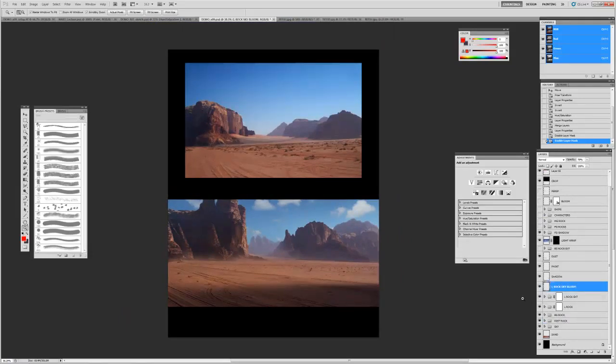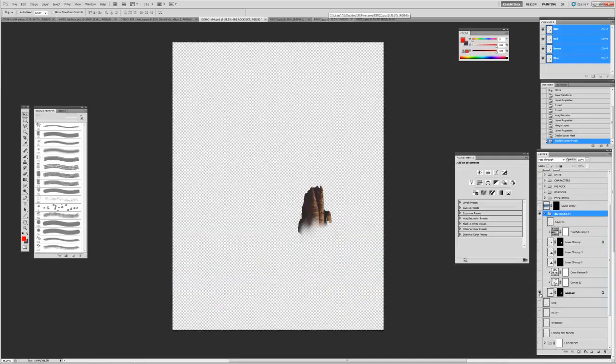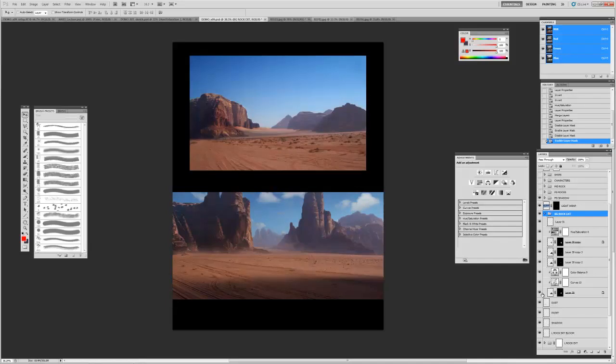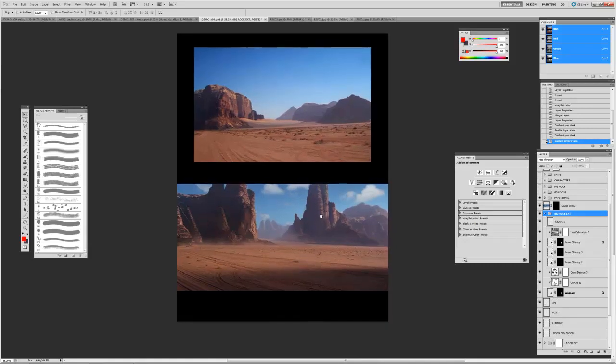So now let's go and look at the extension. So this is the extension. I wanted a little bit more of an otherworldly feel. The same thing I did with this. I wanted large structures jutting out of the ground, and what I used was, that's the element right there. Cut it out, brought it in, painted in where I wanted this thing to be based on my sketch again,